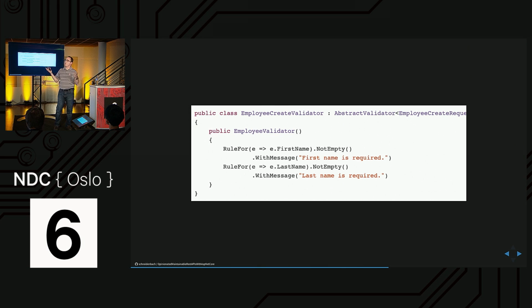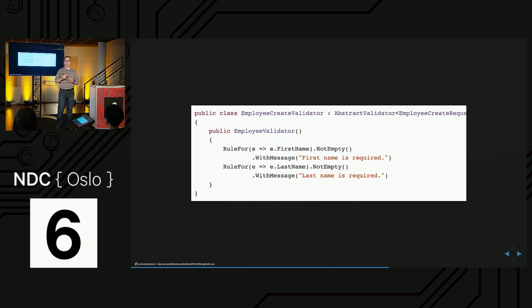So what we do is we create a class, an employee create validator, and inherit from AbstractValidator. That's a class inside of FluentValidation. And then we give it the type of the thing that we're validating. That way we get strong typing, as opposed to that new prop 1 stuff, which I don't even know. We don't have to worry about all that, because now we just construct our object and then we say,